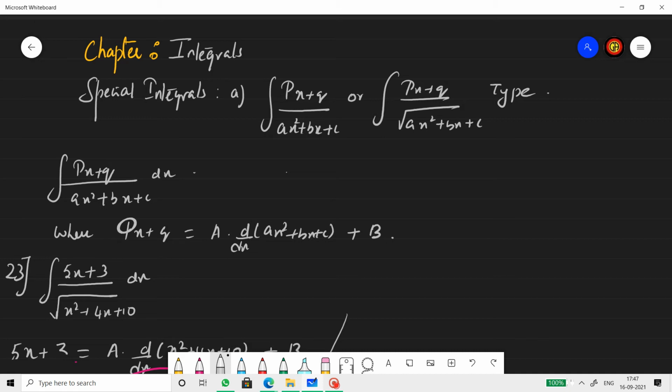The only thing you have to be sure about is that the sum is not solvable under substitution. Sometimes when you take the denominator as t, the differentiation of that will cancel the numerator. If something like that comes out, then there is no need to follow this process. So just confirm that and start this method.